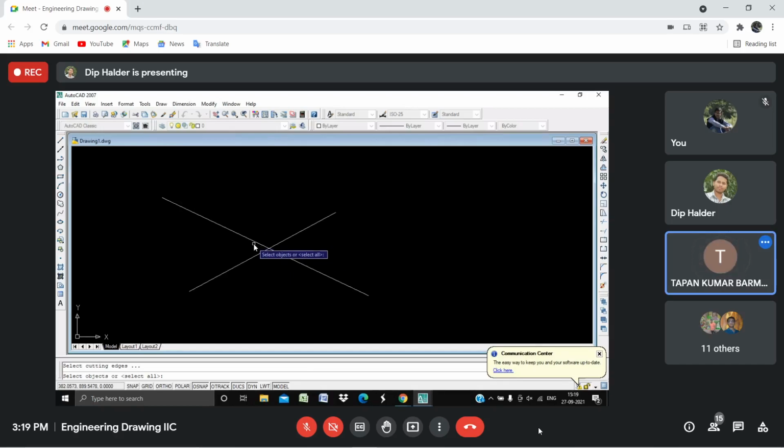Yes, select that thing that is not selected. Yes, now select object to trim. Now the part of the line you want to trim, you select that part. No, not that one. Next, in the next line, the selected line. Yes, you select that thing, click there.